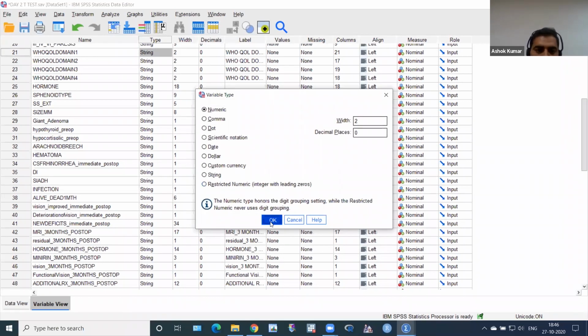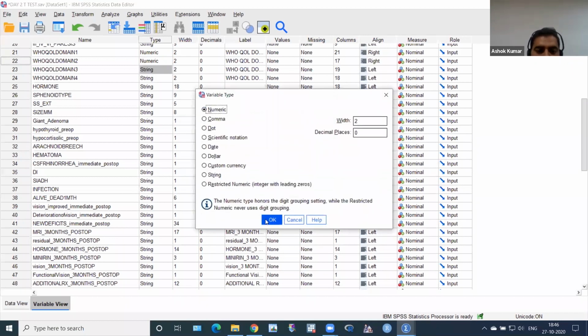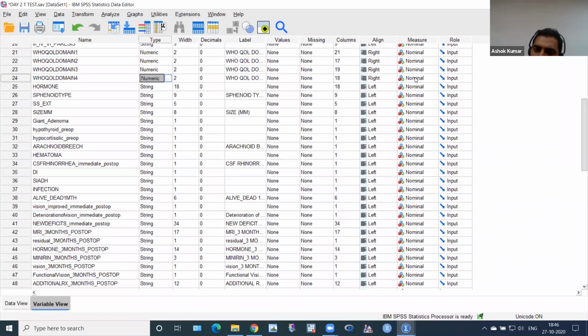It's okay, there is no problem. Then okay, click here, numerical, okay. Then click here, numerical, okay. Only 2 widths, no problem. Then I don't want to check this nominal. There is no problem with this.